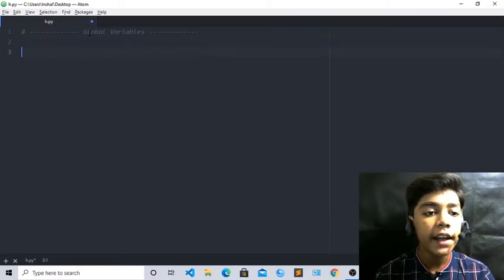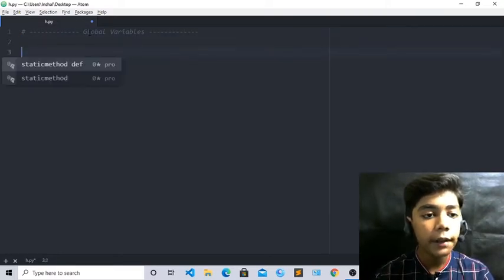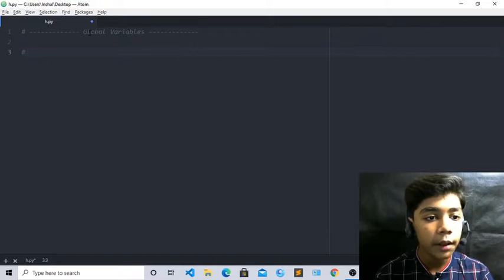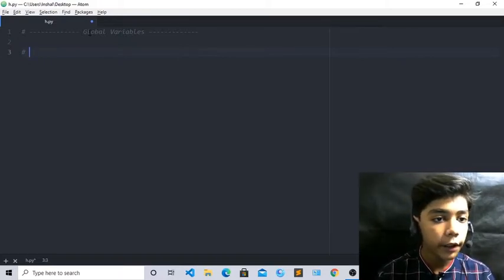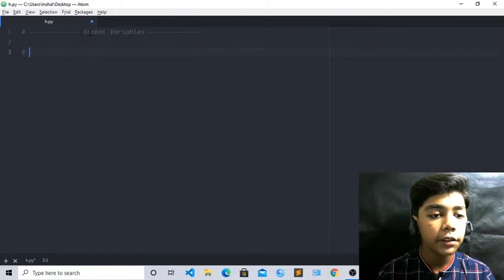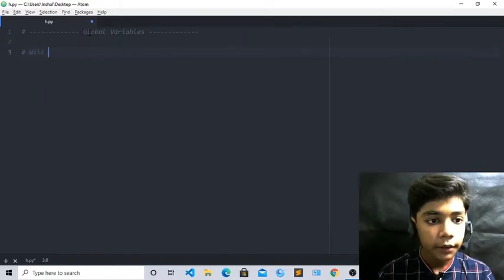Now we will write another comment here, okay? For the comment, you just have to write this sign here, like if you press shift and 3, this sign will come, the hashtag, this is called. It is used for comments in Python, so you can use it for comments, okay? Now when you have done that, we will write here something like board data, okay?